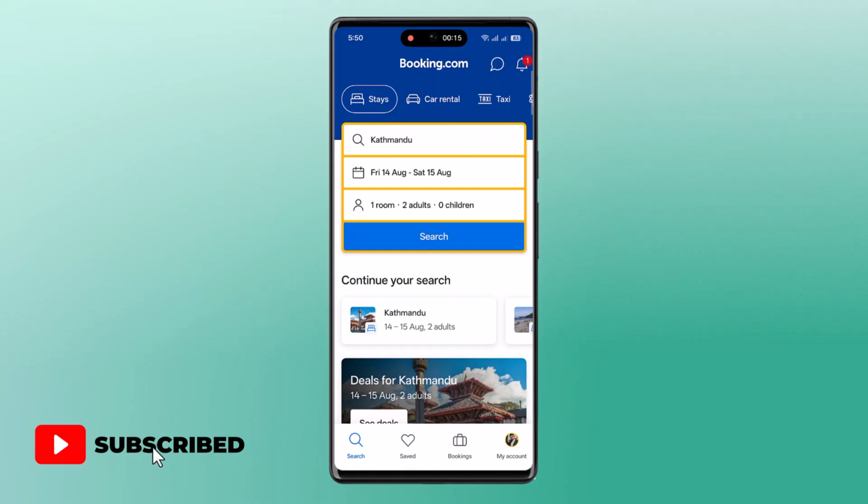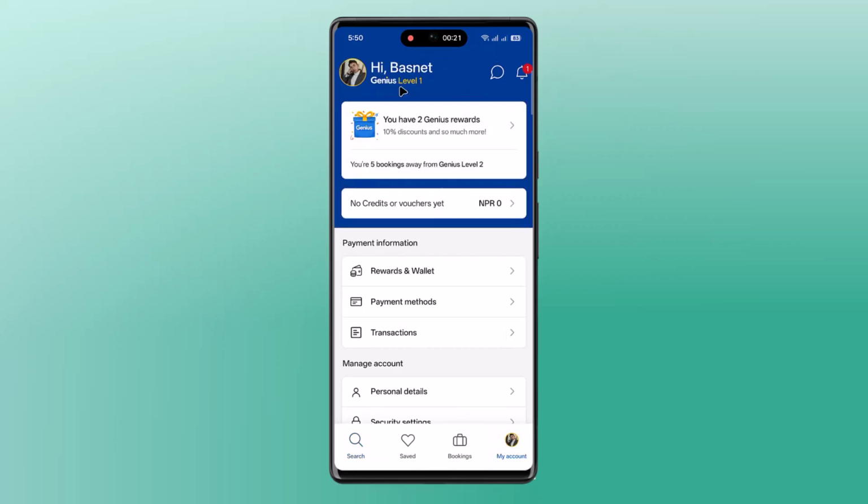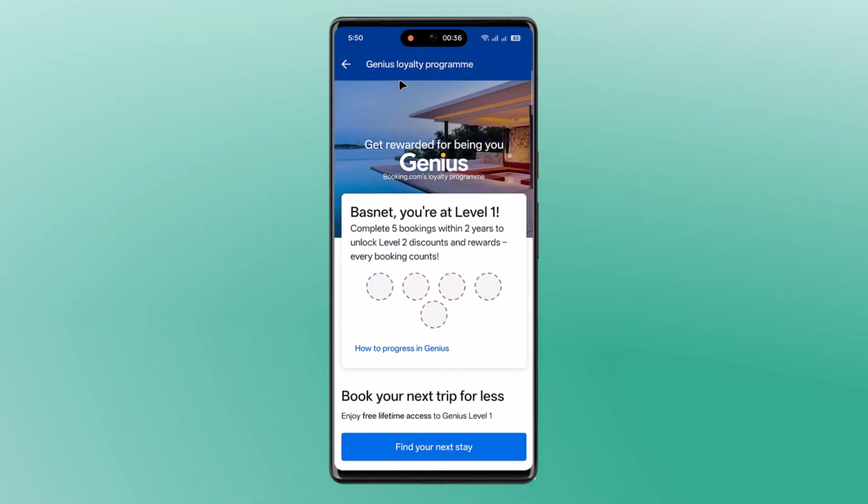your account. So from here, after you open the Booking.com app, you can go to My Account from bottom right and you can see you're connected to a proper account. Now, the second is you have to log in to view your tier status, level 1, 2 or 3. In my case, at the top you can see I have a level 1 account, so I'm definitely eligible for